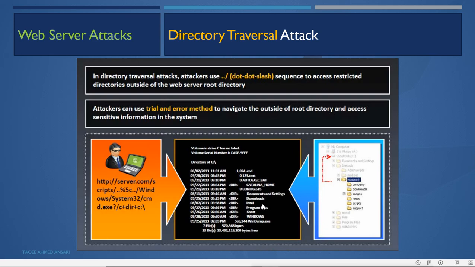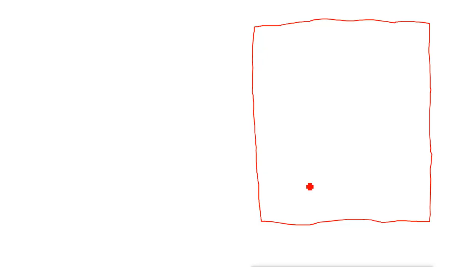For example, this is our web server. When we configure the web server, we have the document root directory here. Under the web server, we have the document root directory, and in that directory we put all the files and directories, like HTML pages, images, videos, other links.